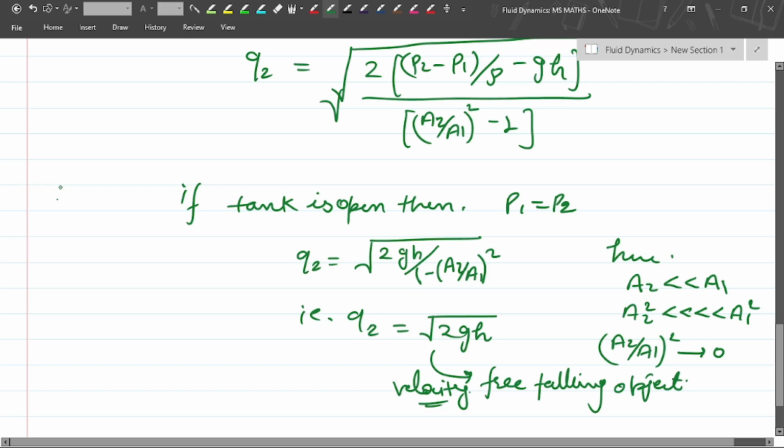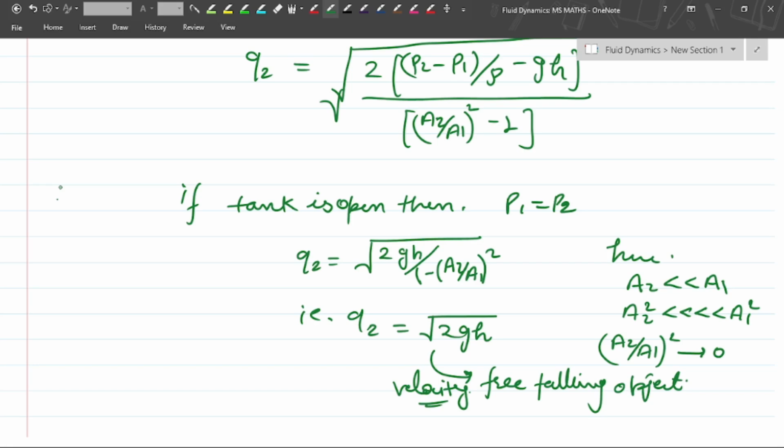Now in the next videos we will discuss some more examples of Bernoulli's equation like the pitot tube and